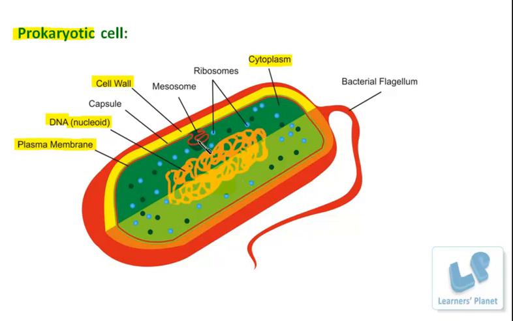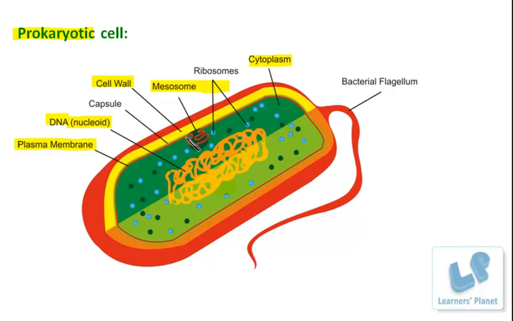So, the plasma membrane in the prokaryotic cell shows some invaginations. That means it is folded towards the cytoplasm, towards the inner side of the plasma membrane. Fine. And such structures are known as the mesosomes. So these mesosomes become the regions where the important chemical reactions take place in the prokaryotic cell. Which reactions? Those which take place in the membranes of different organelles in the eukaryotic cell. Right? So here this plasma membrane is developed in such a way.